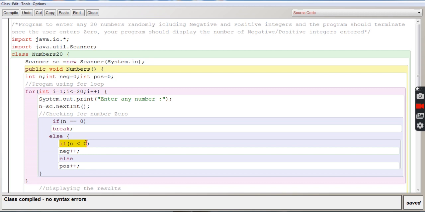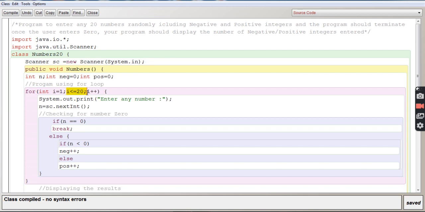As 3 is less than 0 is false, it goes to else pos plus plus. So the number of positives is 1, because 3 is a positive number. This is the closing of the else and the closing of the for loop. We go back to update i++, and i becomes 2.